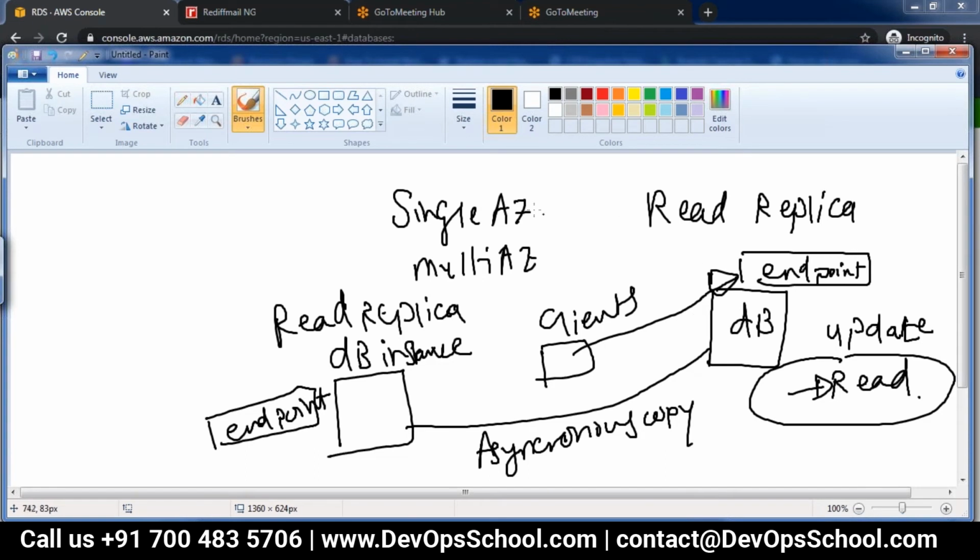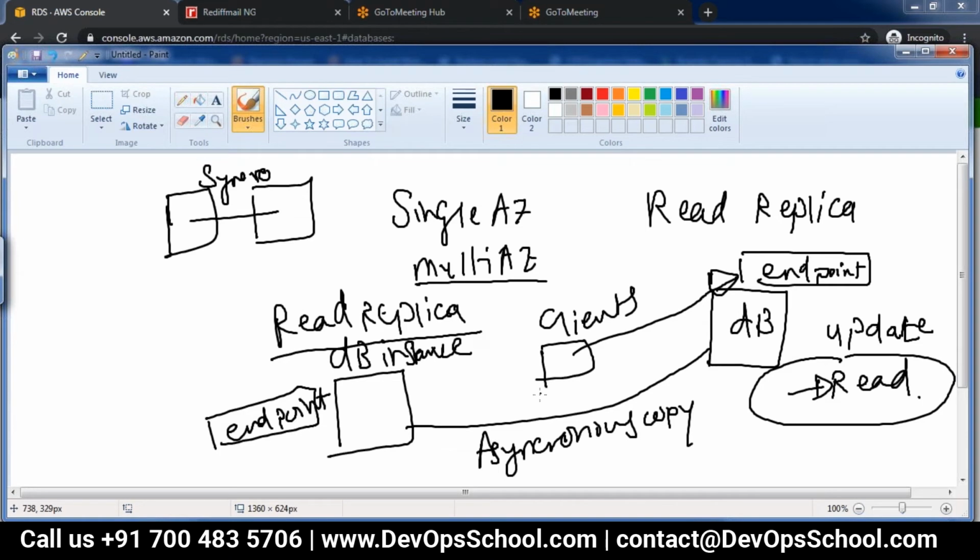Okay, so we have seen in multi-AZ the data is copied synchronously, so that at any given point in time they are perfectly in sync. Now, which is not the case with read replica. In read replica, there will be some amount of lag between the data which is there on the main database and the data which is there in the read replica.